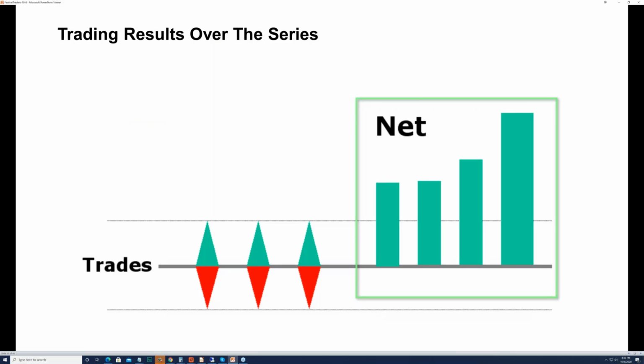Now the trading results over the series, we want them to look like this, and if we have the correct kind of strategy that we're following that has an edge, then we'll see something like this. And how this works is, let's pretend these are just individual trades. You can see over on the left there, we can have a small win, a small loss, but they kind of cancel each other out. So we're treading water, right? We're trading at or around break-even level,